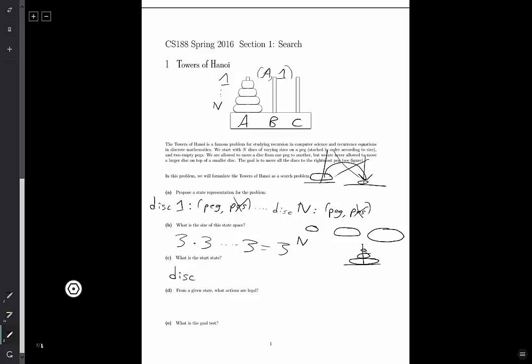So given what I wrote, it would be something like disk 1 will be on A, and they'll all be on A. So disk N will also be on A. And from a given state, what actions are legal? An action is illegal if, as I drew here, you try to move a big disk onto a smaller disk. So what we can do is, for each peg, we can find